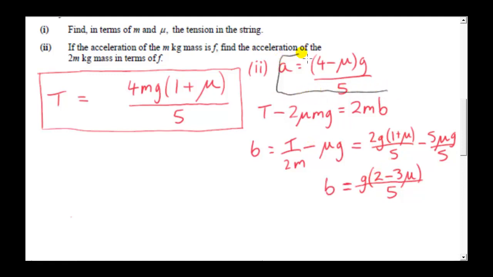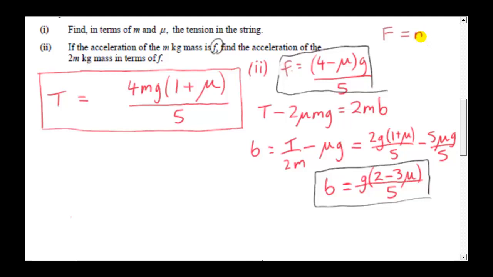Okay, so now we want a relationship between A and B. Well, in the question, the acceleration of the m kilogram mass is referred to as F. Of course, that's just a label, but okay, I'll change it to F. Little f is sometimes used as a notation for the acceleration of an object. The reason why little f is often used is because big F is the resultant force. So the resultant force by Newton's second law is the mass times the acceleration. So the little f reminds us that it's related to the resultant force. That's a possible explanation for why little f is used. Anyway,